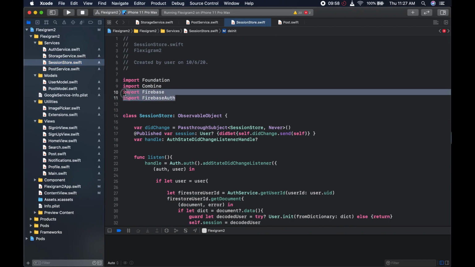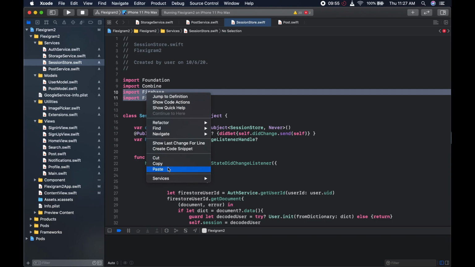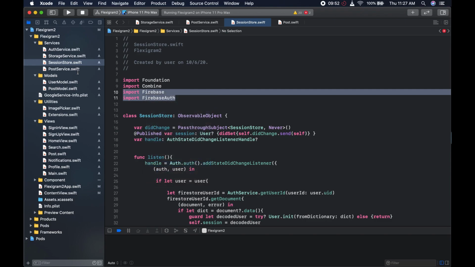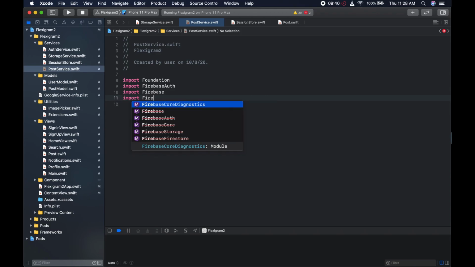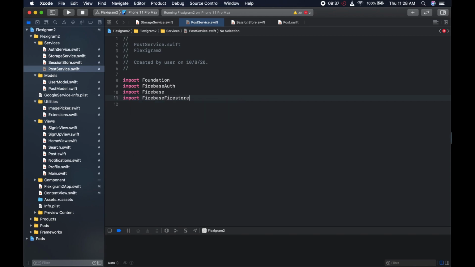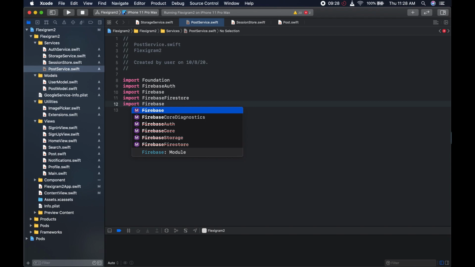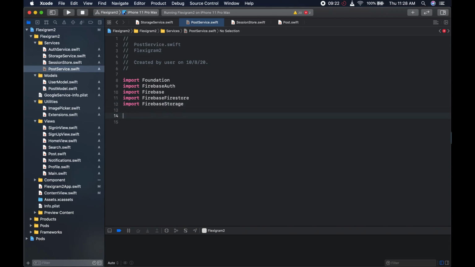And let's just go, and we can copy as many as possible. Firebase auth. I don't think we'll need Combine. Maybe we might need it in the future, but not right now. So we can get rid of the Firebase auth, and the next thing we need is Firestore. So we could say import Firebase Firestore, and after that we could import, I think we need storage. Do we need storage? Yeah, I think we need storage. Firebase storage. But even if you import it and you don't use it, I don't think there's a lot of penalty. So we could say class post service, like so,